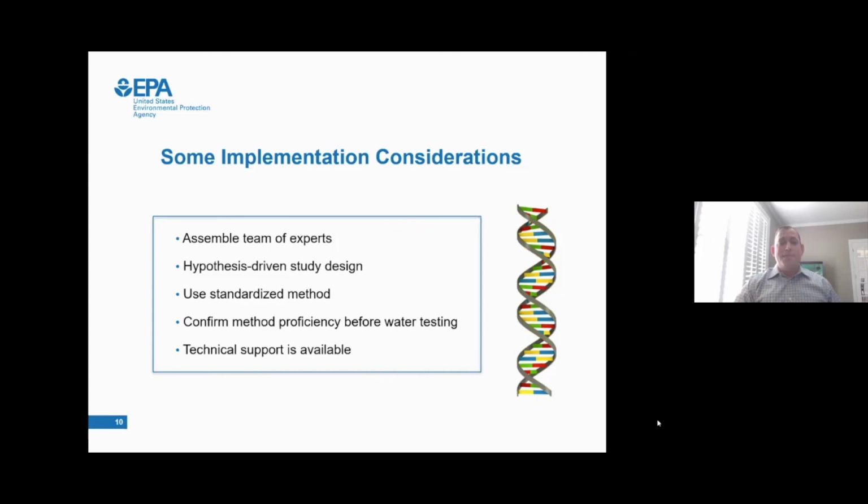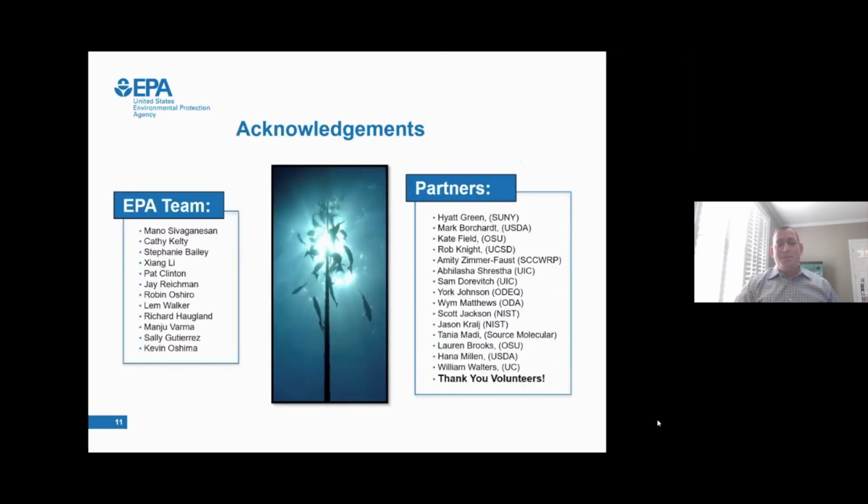So with that, the last thing I'd like to do is acknowledge all of the people that were involved in making this method possible. There's a large number of us on the EPA side of the fence, as well as our external partners. We absolutely could not get this done without